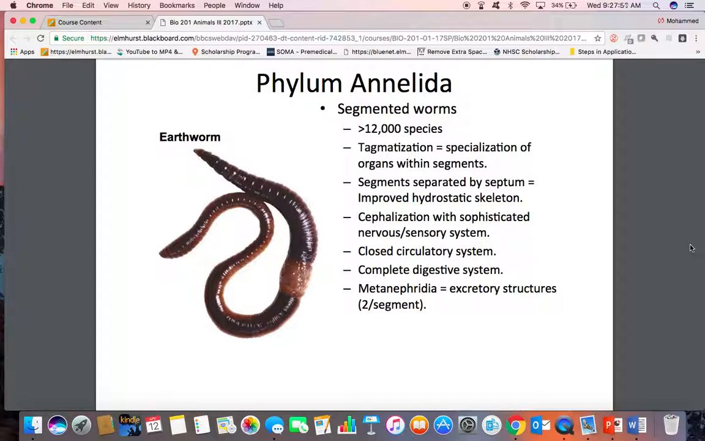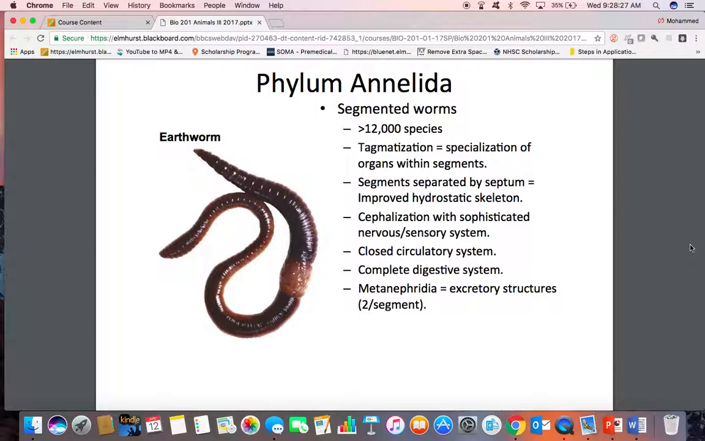They're really just muscular sections of veins or arteries that allow for pumping of fluids through the closed system. Complete digestive system, so they can continuously feed with regional processing locations along it, and metanephridia, which is an excretory structure that allows for reabsorption of compounds from the coelomic fluid to limit the kinds of things that get